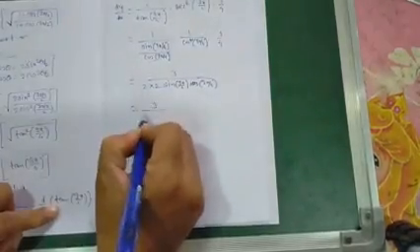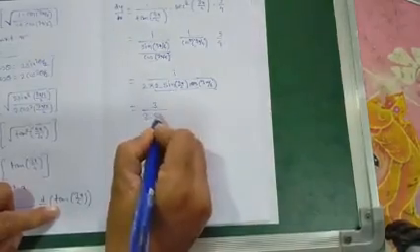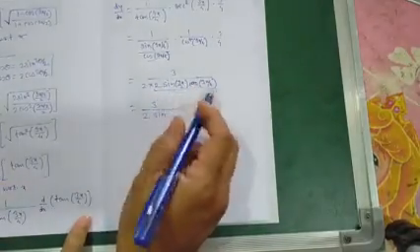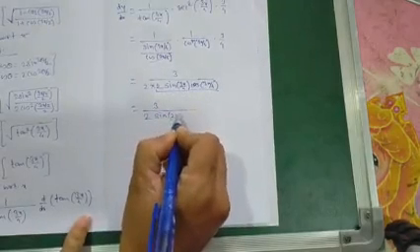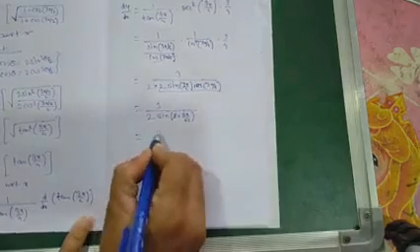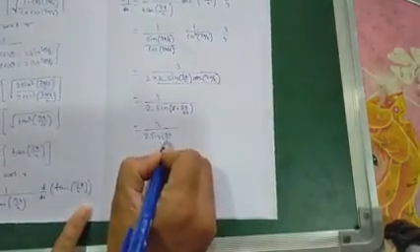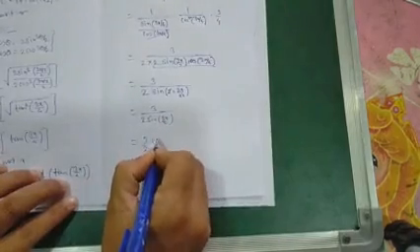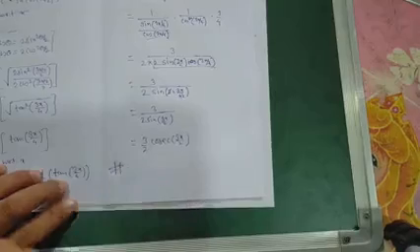So 3 by 2, here the formula is 2 sin theta cos theta, means sin 2 theta. The double angle formula of sin 2 theta is equal to 2 sin theta cos theta. So sin of twice theta means 2 into 3x by 4. Then 2 2s are 4 here. So 3 by 2 sin of 3x by 2. Means this is 3 by 2, 1 upon sin means cosec 3x by 2. This is the final answer.